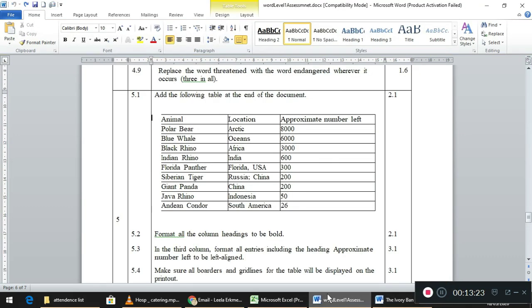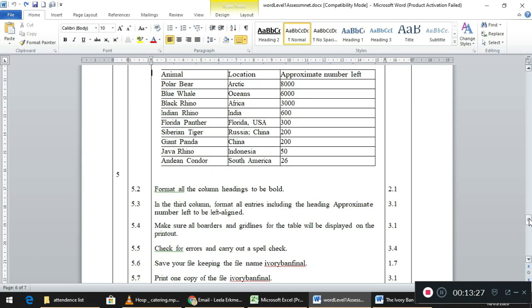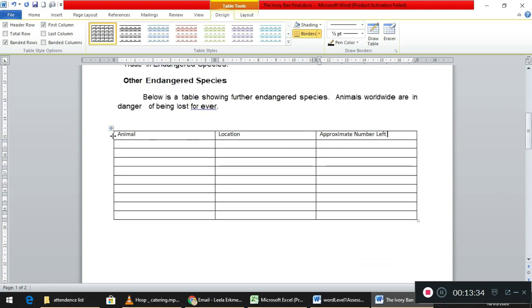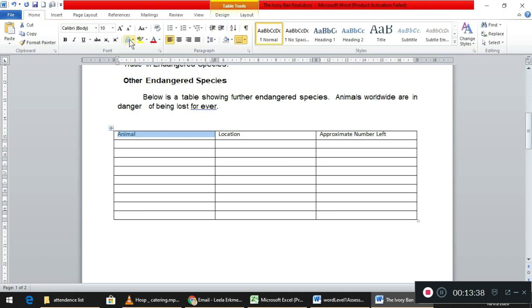And here, format all the headings to be bold. All the headings are here. I'm going to format all the headings. I'll just make the headings bold, Home,